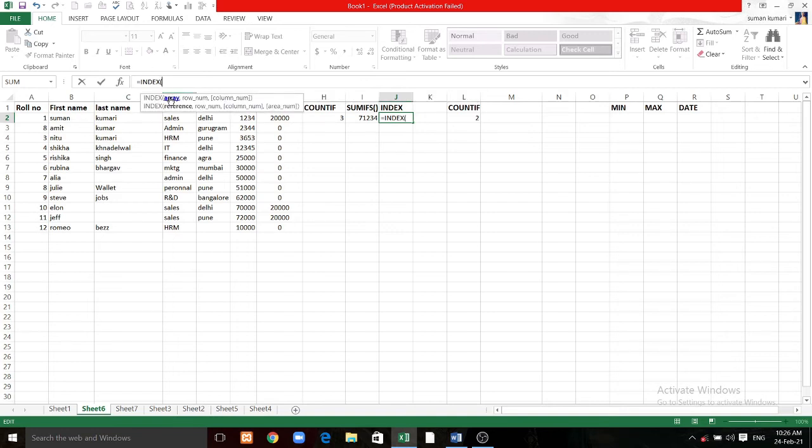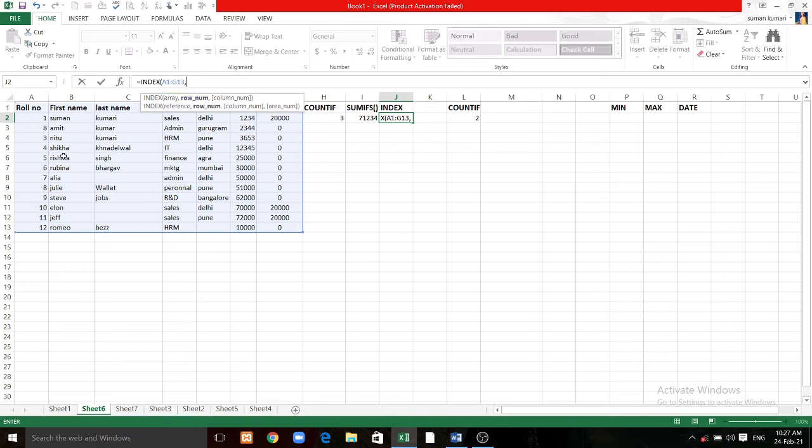So the syntax says that the first input required is the array. The array is the table, or we can say the range where the data is given inside the table. So give that range, put a comma, and the second input required is the row number.